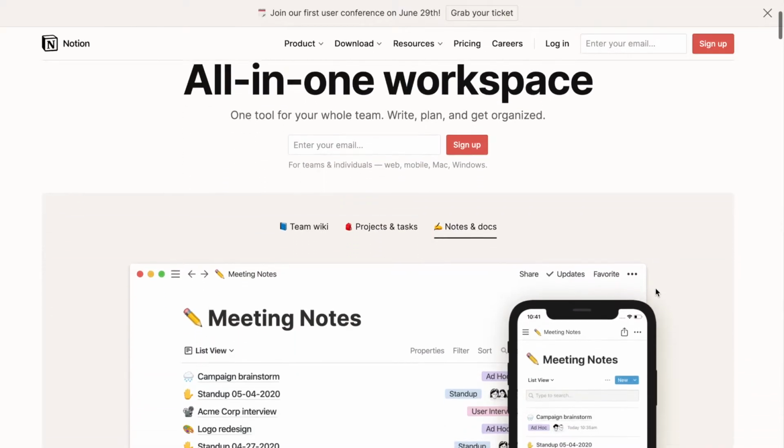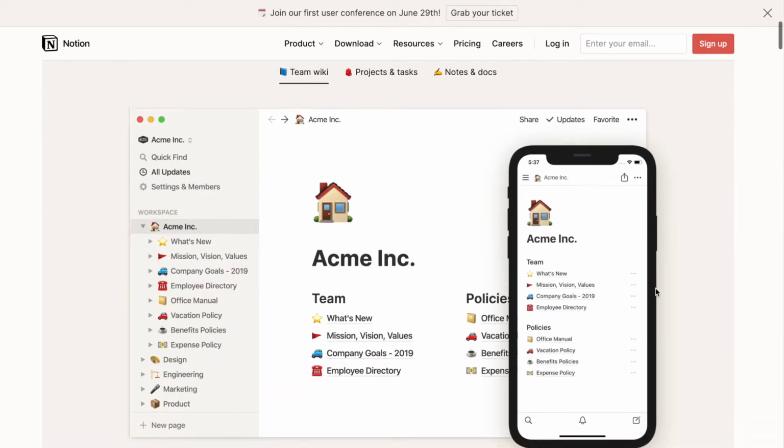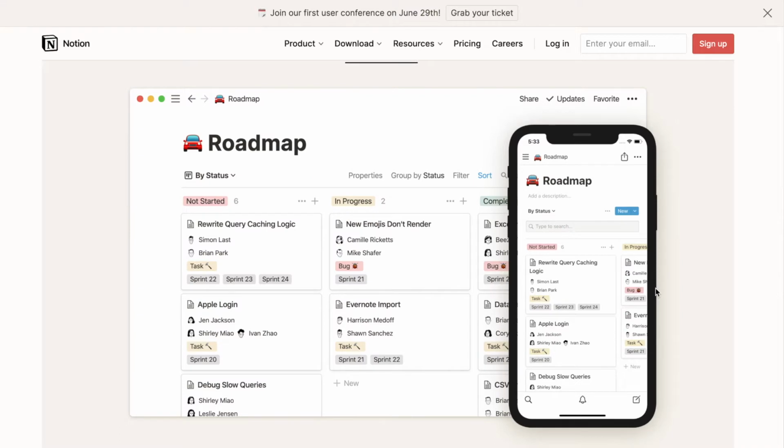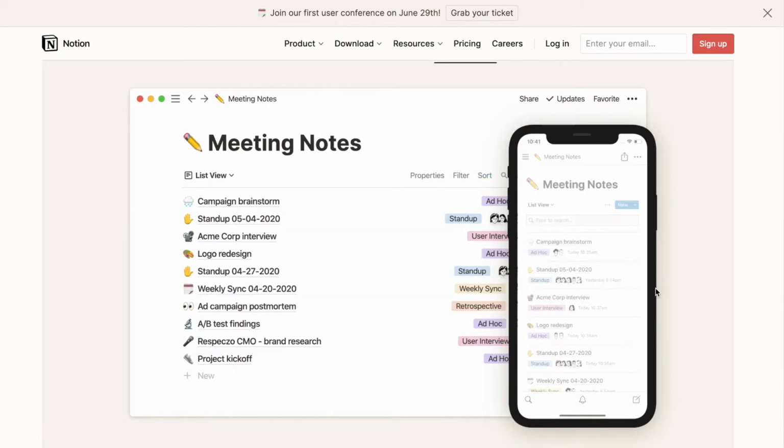So a quick explanation if you're new to Notion, it's an app or a website if you choose to use it that way, where you can create your own personalized electronic organizer. You can use Notion to take and organize your notes, create databases and to-do lists, plan projects, and so much more.